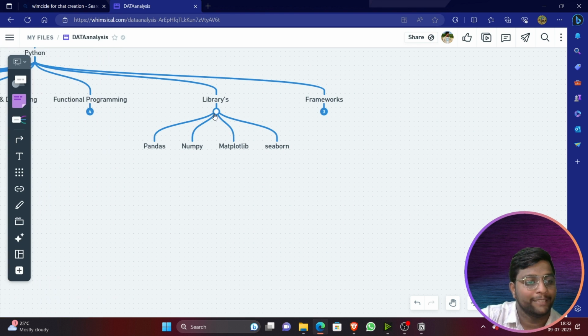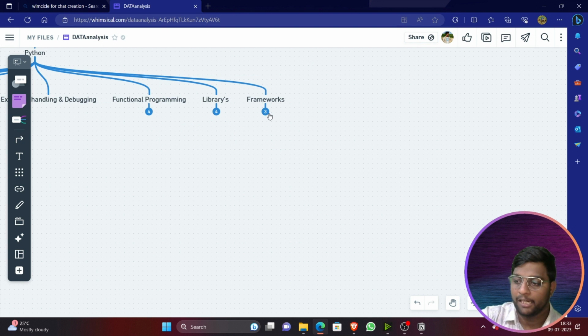So you should know all this, and there are many other libraries also. I have not listed them here, but there are thousands and thousands of libraries which you will be using according to your work. Based on your work, you have to read about them and you have to definitely work with them. At that time you can learn. You don't need to learn everything right now.